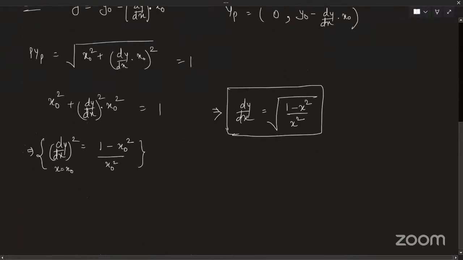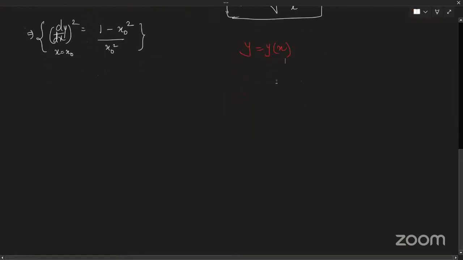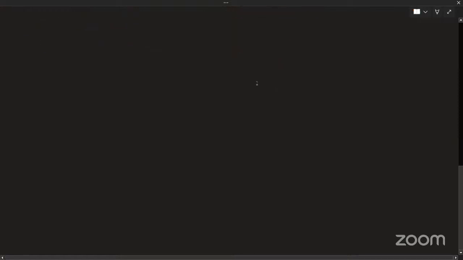Okay, so this was the differential equation. And obviously by integration, you can solve it and get the final value of the function of x. That is not currently covered, so you can do it later. Okay, great. So today using